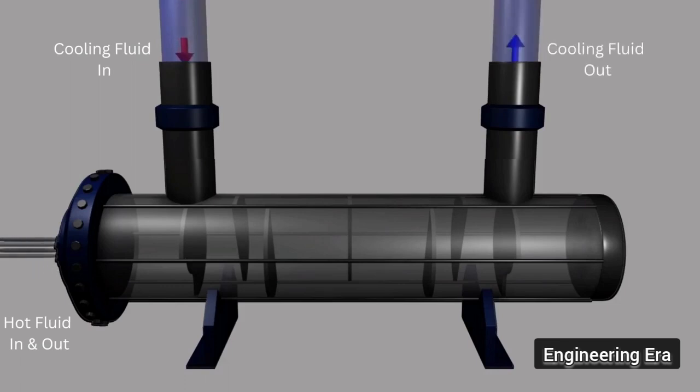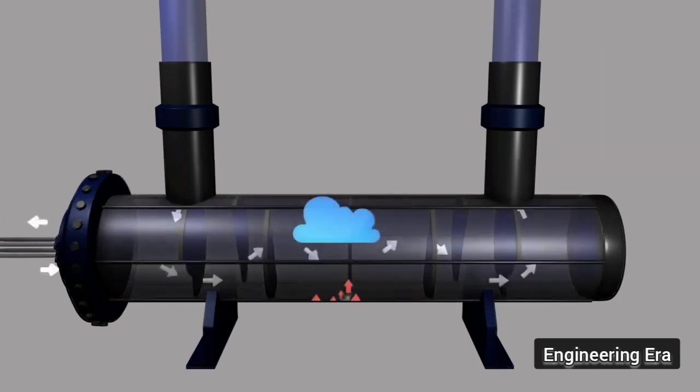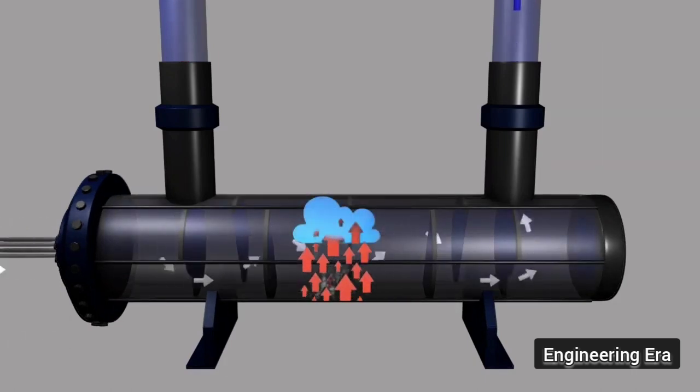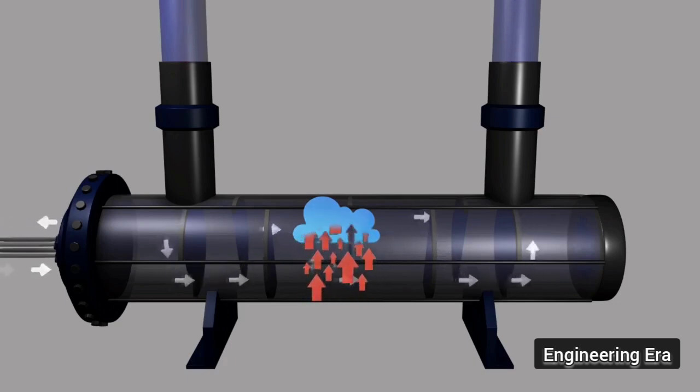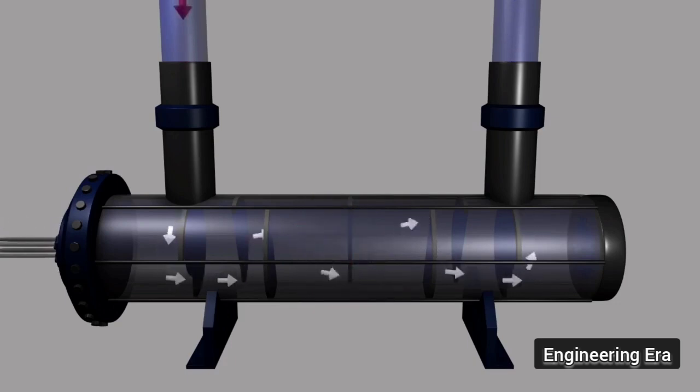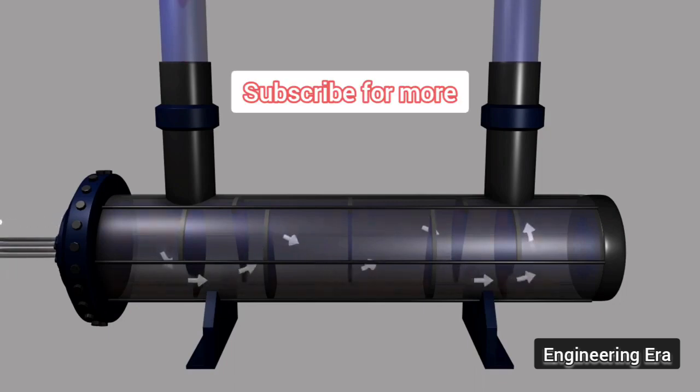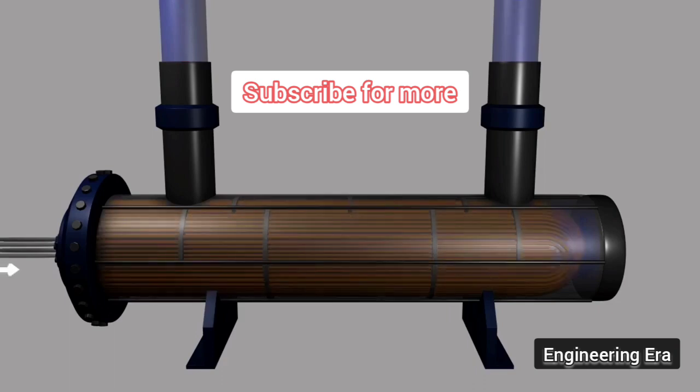The main advantage of a shell and tube heat exchanger is its ability to handle high temperatures and pressures while ensuring reliable and efficient heat transfer. It is widely used for heating, cooling, condensation, and evaporation processes. In summary, a shell and tube heat exchanger transfers heat between two fluids efficiently without mixing them, making it a vital component